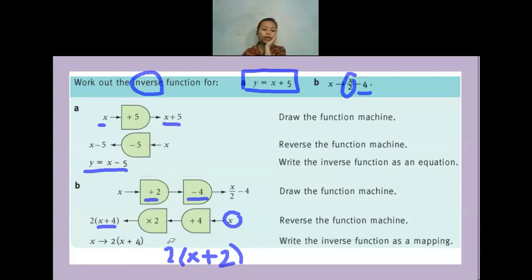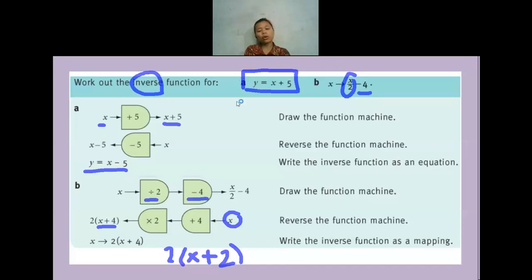Is there anyone having any question, or maybe my explanation is still confusing? Before we discuss question 13, is there anyone having any question? Hello? So to find the inverse, when we already have the equation, we need to draw the equation as a function machine. After we have the function machine, we work from the back in the opposite way. Later we make a new equation based on the new function machine. Okay, none of you asked me anything through the chat box.